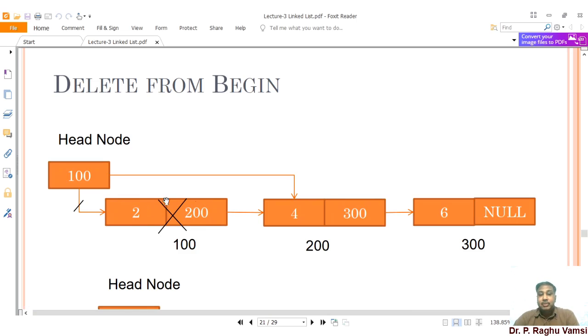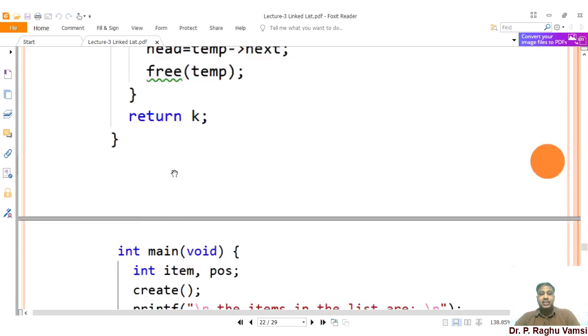The reason is this memory will be available in the main memory somewhere. So that memory will be said to be garbage memory. That means it is of no use, but still some slot was allotted to a particular node. So if more garbage memory is available in the main memory, then sometimes it may lead to a memory crash. So mostly in the single linked list concept, whenever you deal with dynamic memory allocation, sometimes the system may crash. So that is the reason you must be very careful when you are removing the memory. Okay, so this is the way you are supposed to delete the node from the beginning of the list.